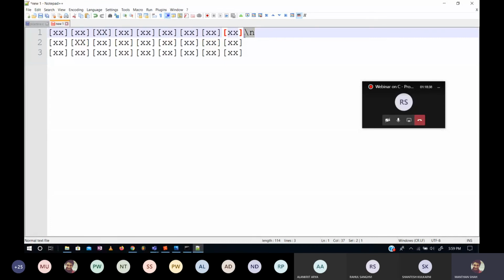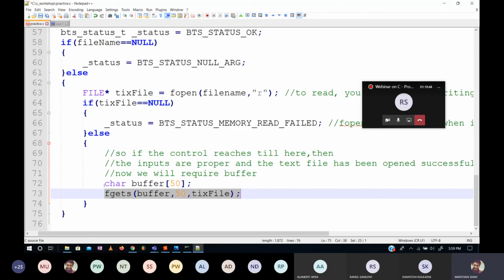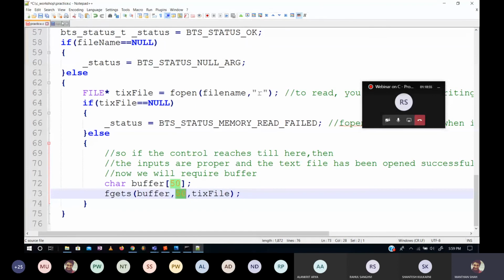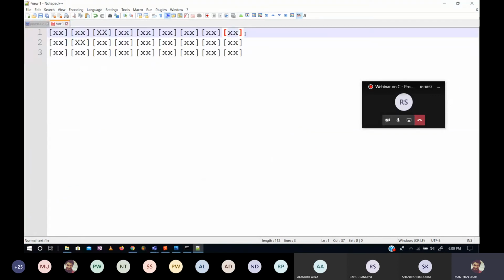It doesn't show up in the text, but it is there, and fgets is able to read this new line character. As long as it is not encountering a new line character, or overflowing the buffer, it will keep on reading the characters. In this case, our line is much less than 50, so it should be read completely.